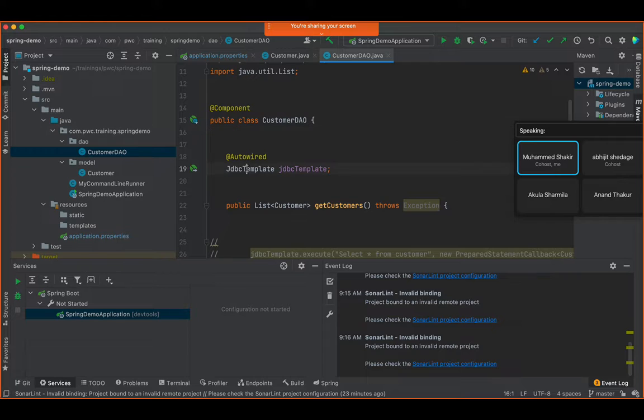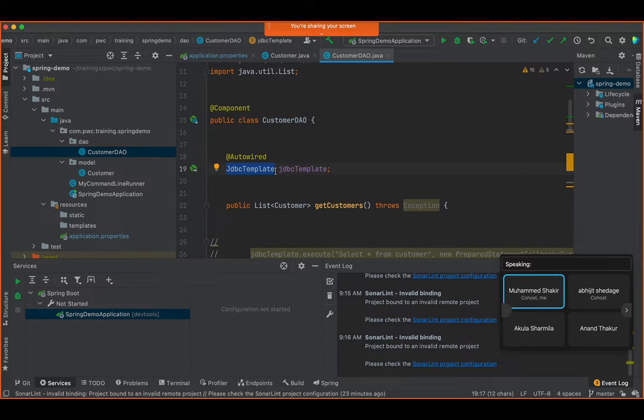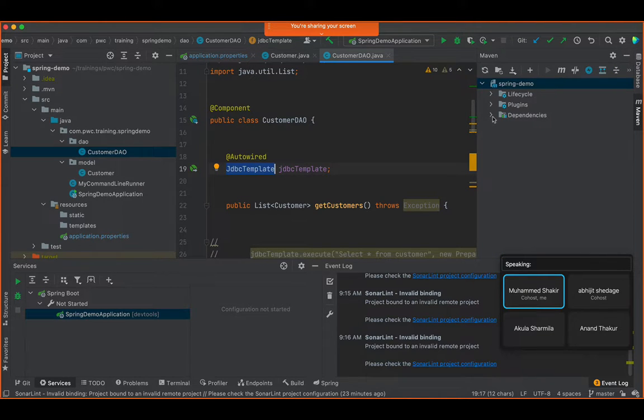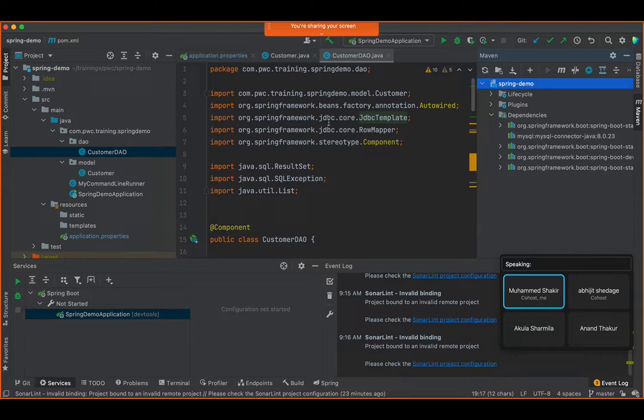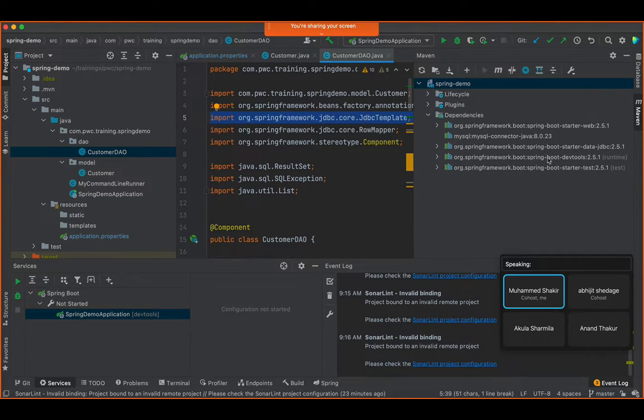And then it also has the JdbcTemplate class, and it creates the object of JdbcTemplate, and then it automatically wires it up to this reference variable. In short, jdbcTemplate is a reference variable which will point to an object of class JdbcTemplate. It is the responsibility of the Spring framework to do this. Where am I getting this JdbcTemplate from? I'm getting this JdbcTemplate from a package. You see this, org.springframework.jdbc.core. And how do I get this package in the class path? This is how I get it, because of this library.